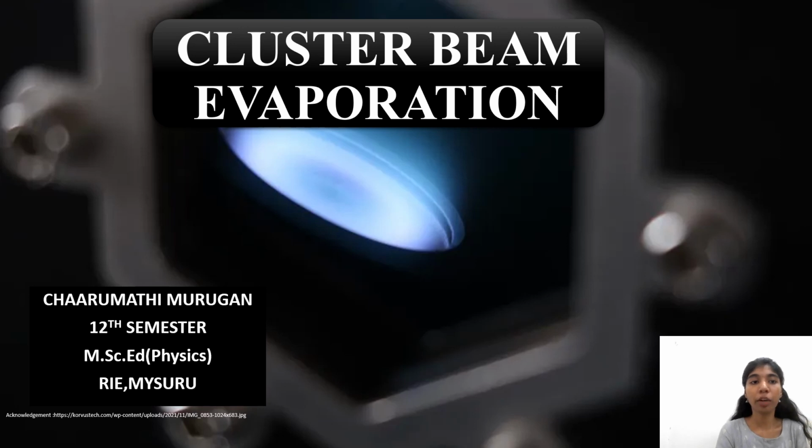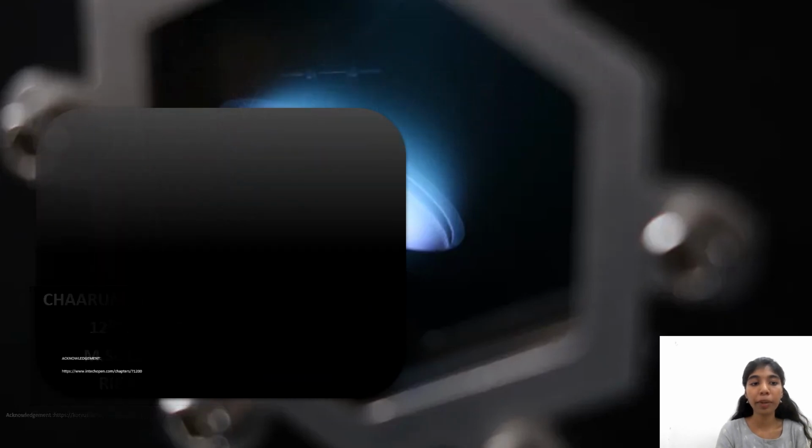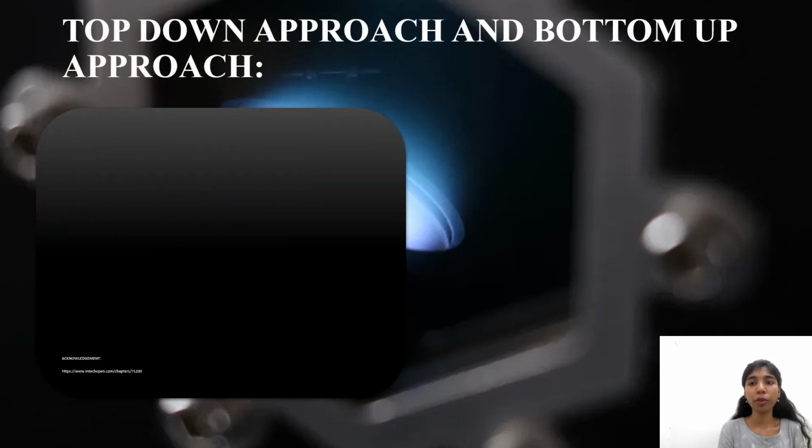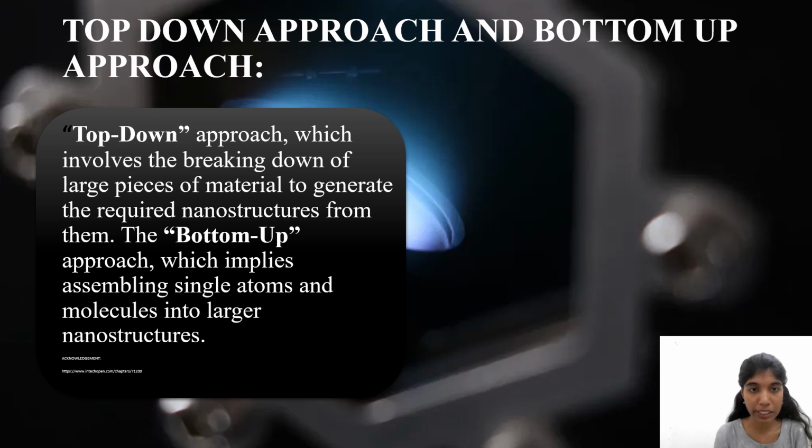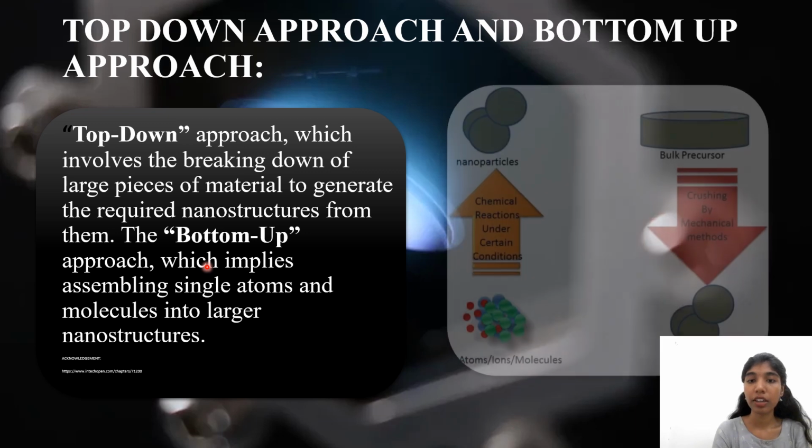So when you're talking about nanofabrication, you would have definitely come across these two terms, right? Top-down approach and bottom-up approach. So what does the top-down approach mean? It's just the breaking down of pieces of material to generate nanostructures from the bulk material. Whereas the bottom-up approach implies combining single atoms into larger nanostructures, which can be